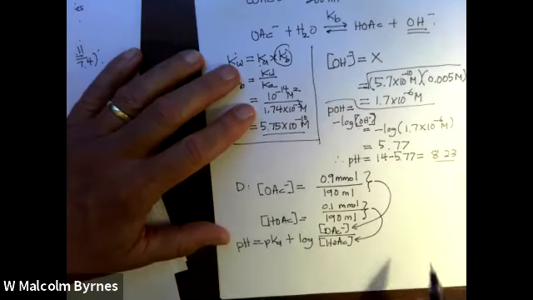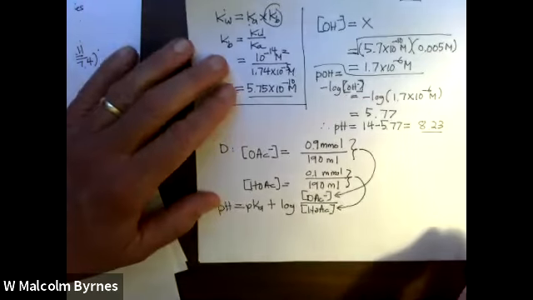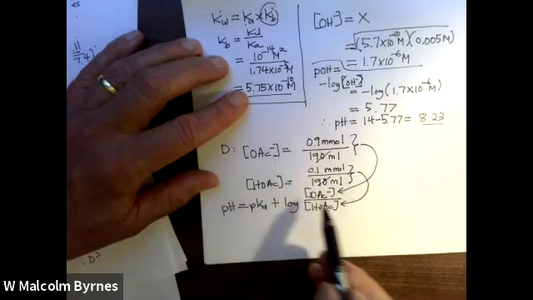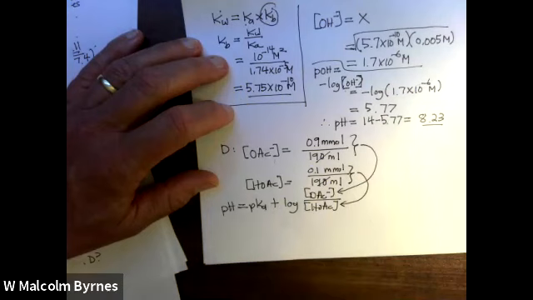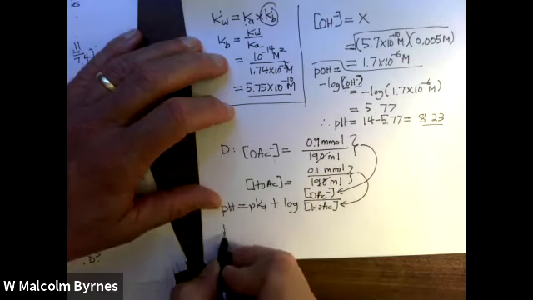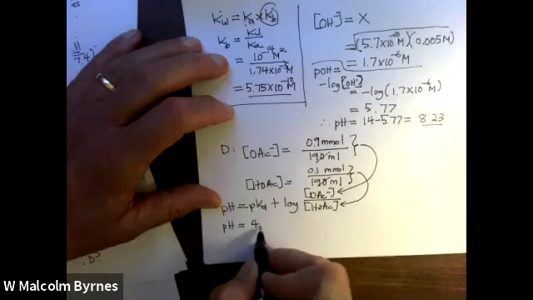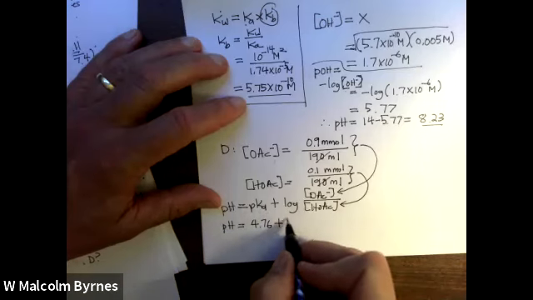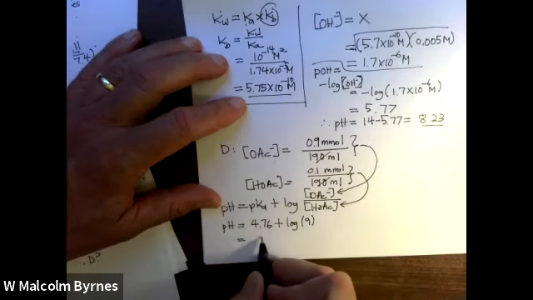Really what it is is 9 over 1, because these concentrations cancel and you end up with 0.9 over 0.1, or just 9. So the pH is equal to 4.76, which is the pKa, plus the log of 9,